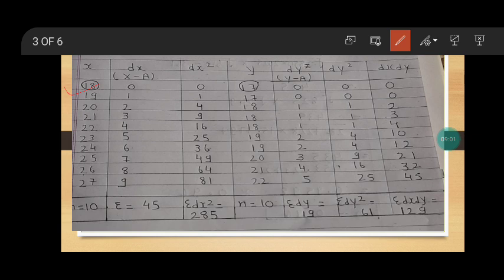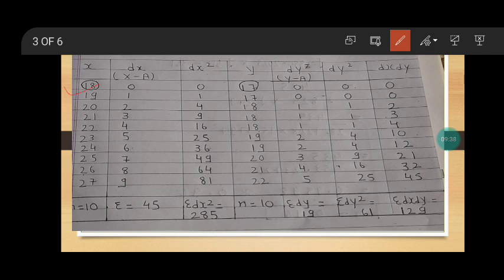Then it comes to the y series. Again in the problem we have been given the y series, and in the y series we have been given different items that we have taken from the question itself. Then in the next column, we are going to calculate the values under the dy column. What does dy mean? Dy means the deviation from the y series. We calculate it using the formula y minus a. Here a refers to the assumed mean again.